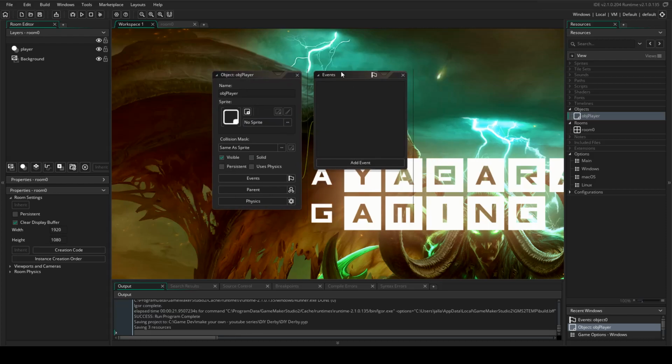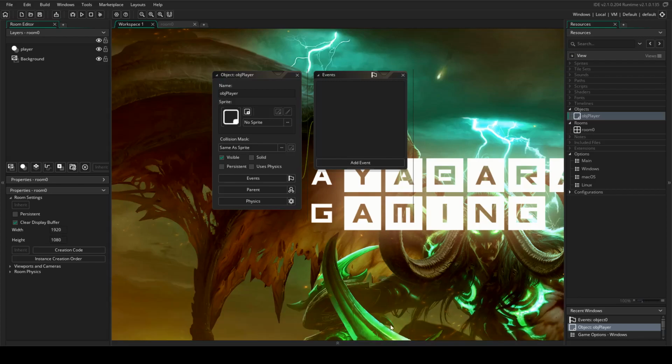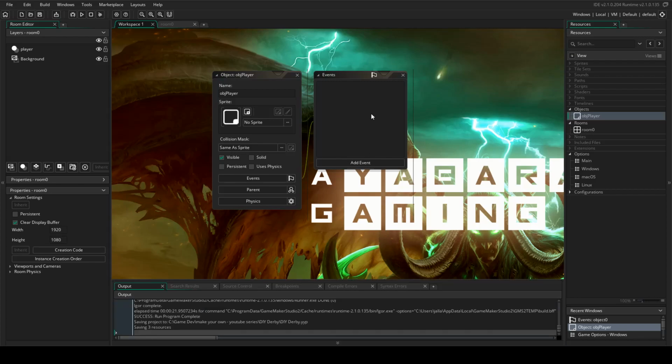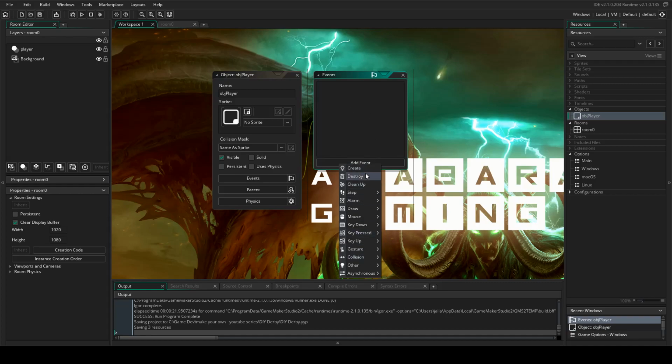Now, events are what we actually do. I'm going to minimize that. I'll leave it up for now. Events are what actually happens. You can add a bunch of them. But right now, I'm not going to add any because currently, if we had an object, we can go into